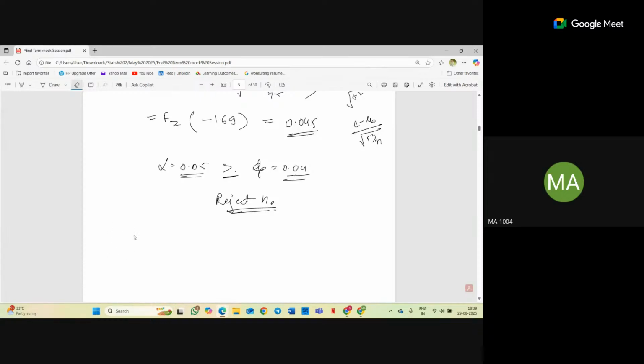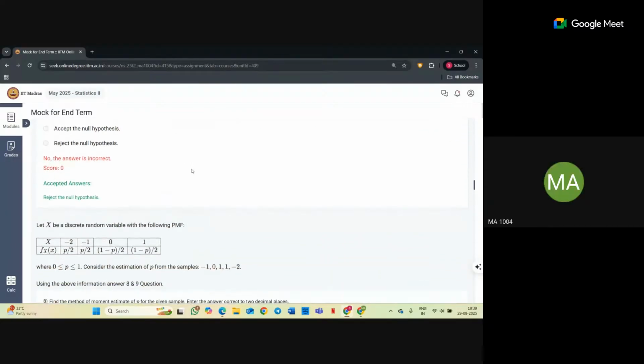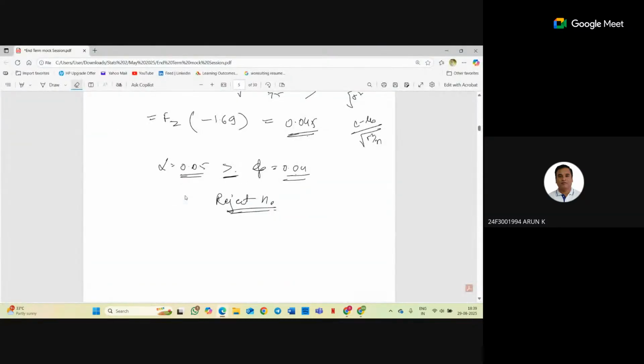Okay. So if, for example, you have not calculated p, then we'll compare with the sample mean, right? So we compare the sample mean here. That area is quite confusing, actually. Normally, without calculating the p value, we compare with the mean value and decide to reject or accept, right?